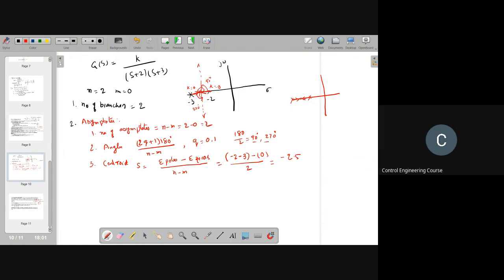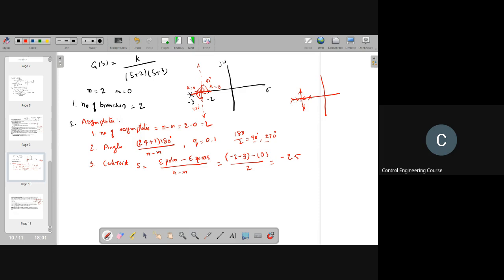No, sorry. This is called a breakaway point because after this they both depart from each other. That's why we call this a breakaway point. Make sure that the centroid and breakaway point should not always be equal. Sometimes they may be equal, sometimes they may not. This centroid only tells you the angle direction, the intersection of asymptotes angles, whereas breakaway point or break-in point are